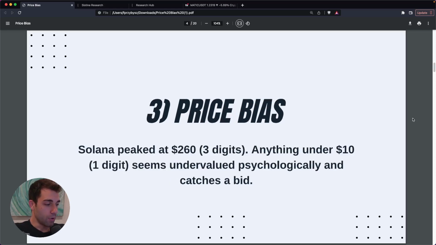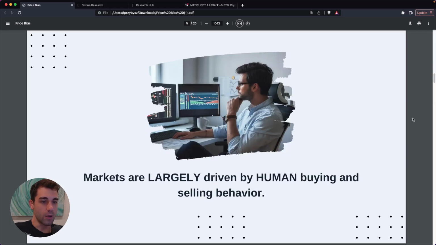Another variable, and the one that we're going to be discussing today, is price bias. So, for example, Solana peaked at around $260. There's three digits in that price. That is in the hundreds of dollars. So anything under $10 just psychologically seems undervalued and is more likely to get bid. We'll talk about this specific example later on, but I want to dive into the psychological behavior behind price bias